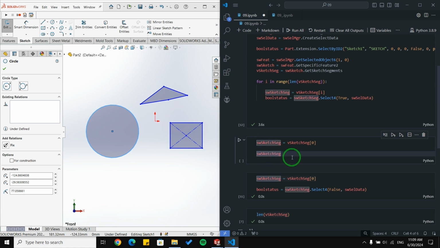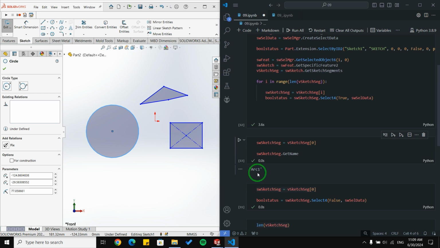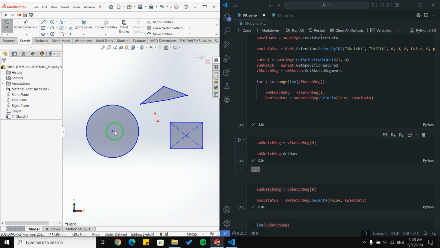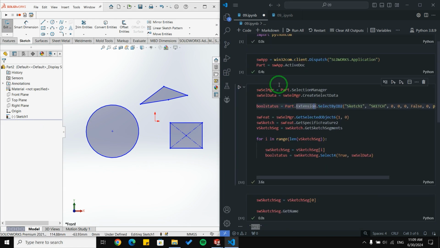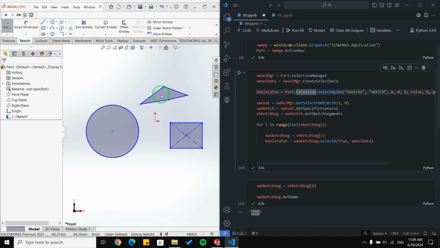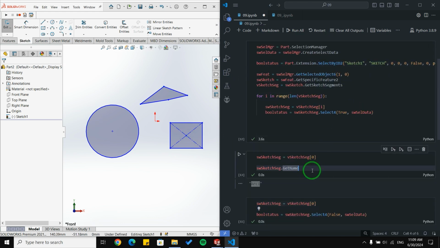I'm going to use it, dot GetName. I'm going to run it, and its name is arc1. So you can get the name of each segment under a specific sketch with this code, and you need to run this code first to get all of the segments, and then run this block of code, or just this line, get name dot GetName, to get the name of a specific segment under a specific sketch.